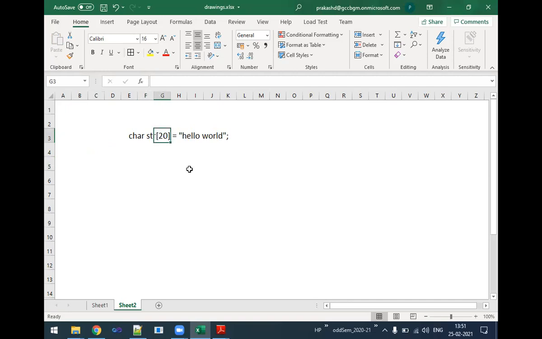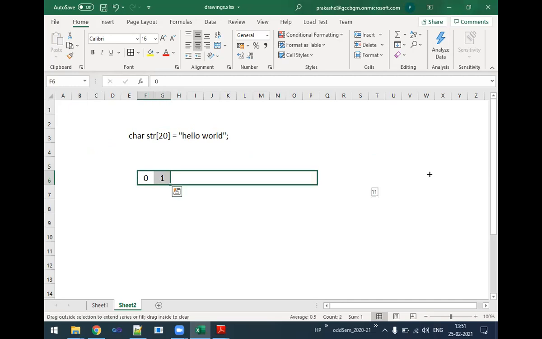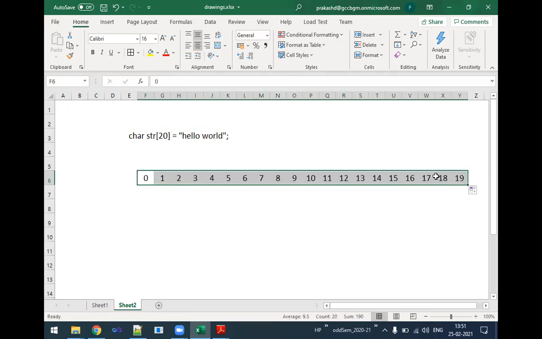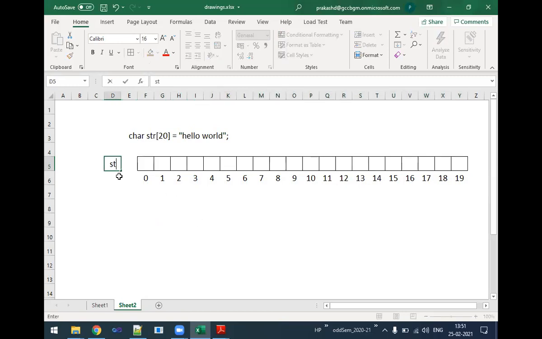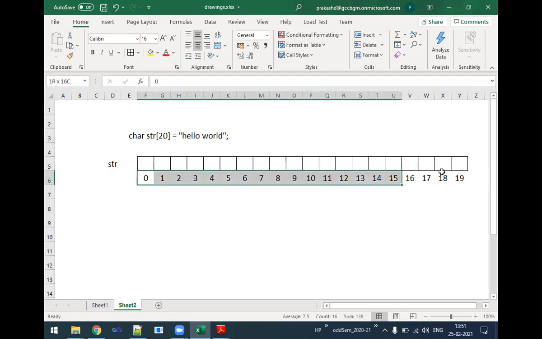Now, what is going to happen here? str, a string will be declared. What is the size we have declared here? 20. So let us say in the memory, what is going to happen from, let's say 0, 1, and we will be having how many total blocks? Now, are they 20? Okay. Now, when I say character str 20 means a character array of size 20 will be allocated in the memory, and the name will be given as str. And below here you can see the index values.